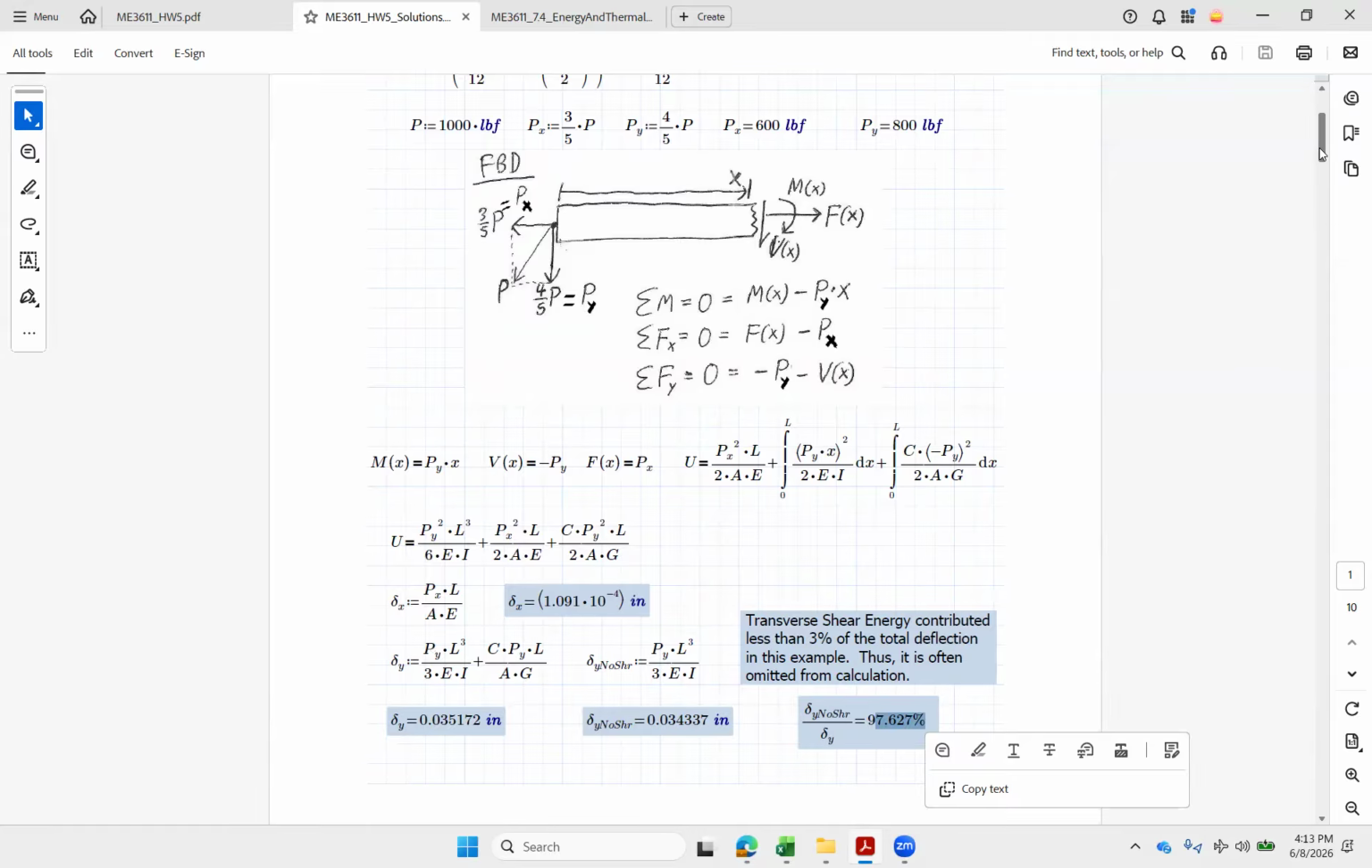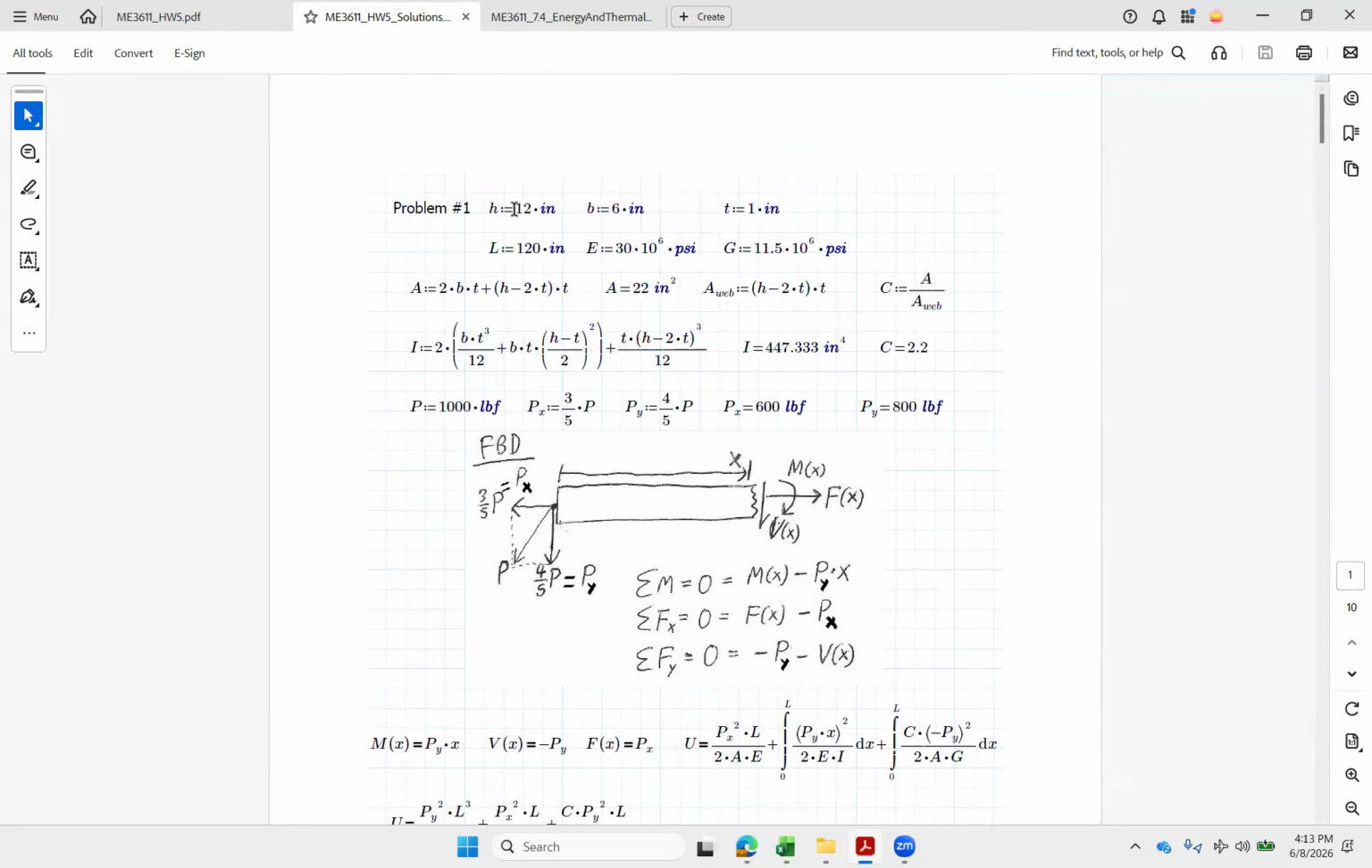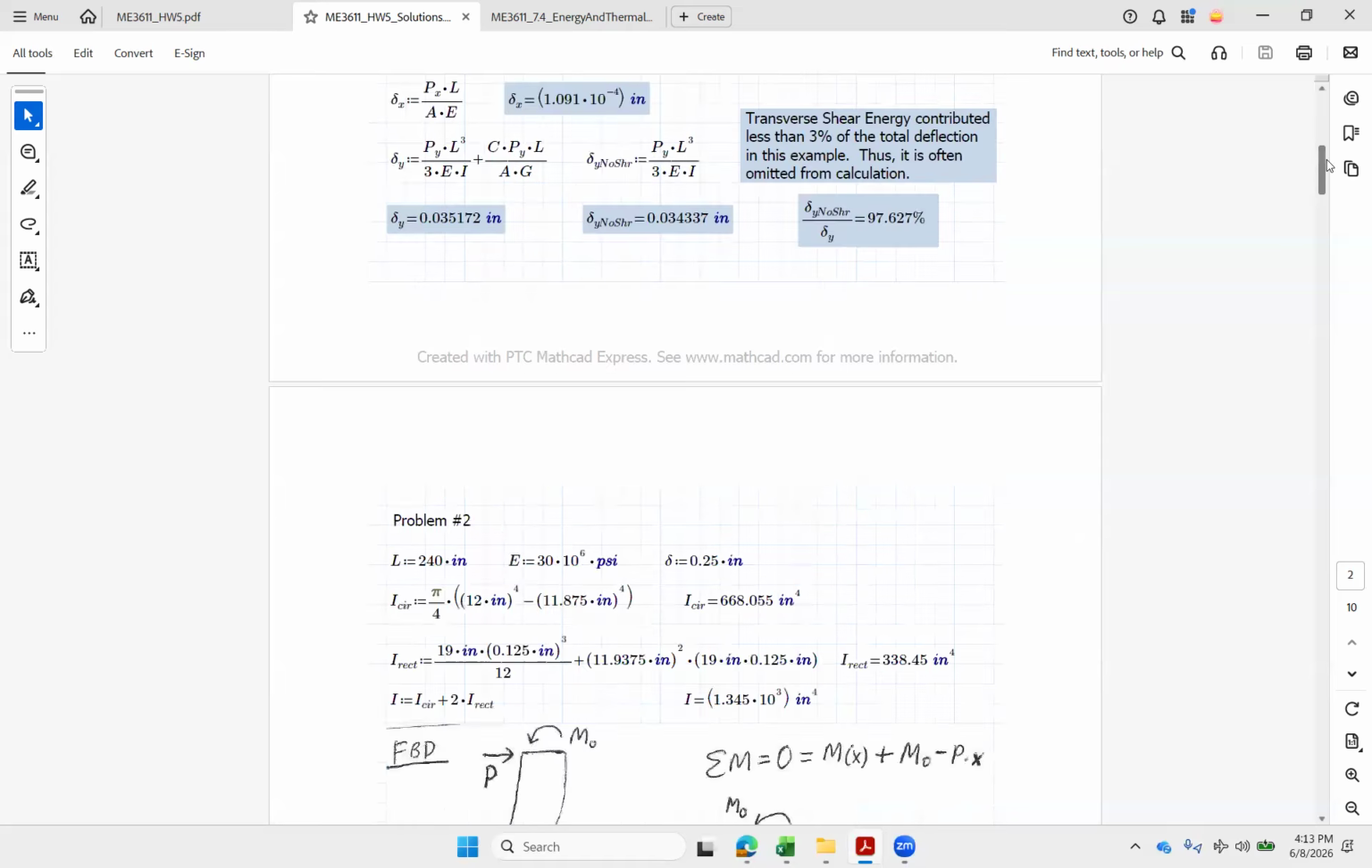All right. And this beam, it's 12 inches high and 120 long. So we're kind of at the low end. We're at that 10-to-1 length to height ratio. And for longer beams,